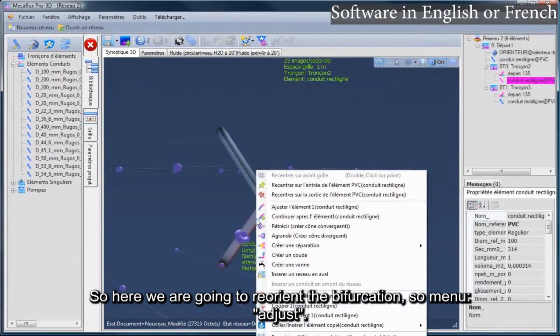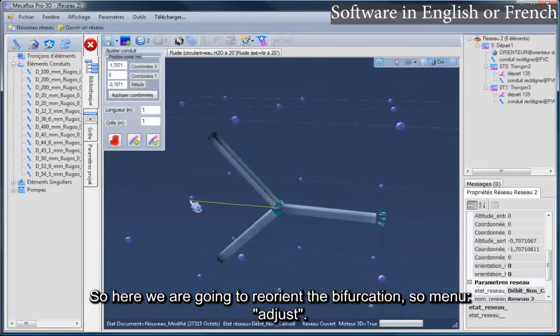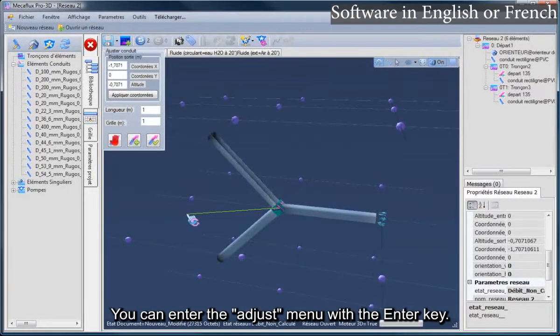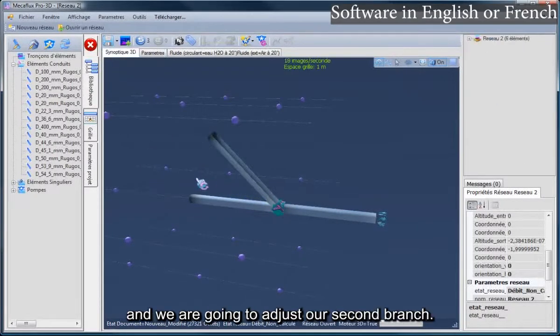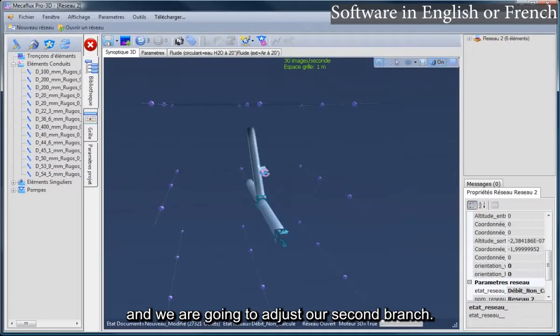So here we are going to reorient the bifurcation, so menu, adjust. You can enter the adjust menu with the enter key. Here we have adjusted horizontally, and we are going to adjust our second branch.